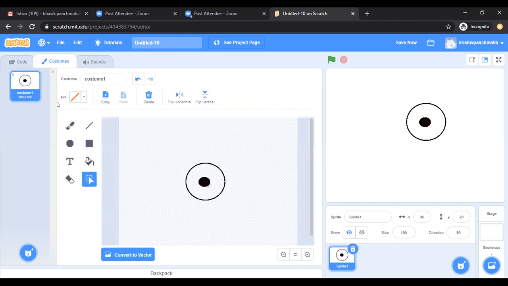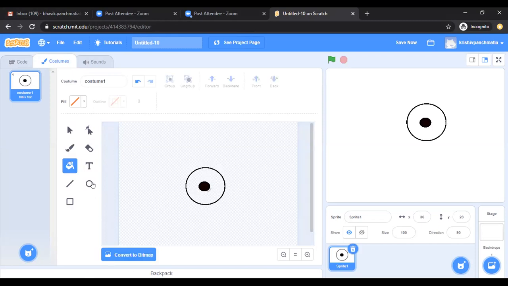Sir, what does convert to bitmap do, by the way? So there are two ways that you can show an image. Bitmap is the original form in which the photo is saved in the computer, like you have DOC for Word and XLS. That's why we call it BMP, as bitmap. And vector is basically for our drawings. It becomes easy, so the drawing becomes much more refined and looks much better. Okay. Thank you, sir.